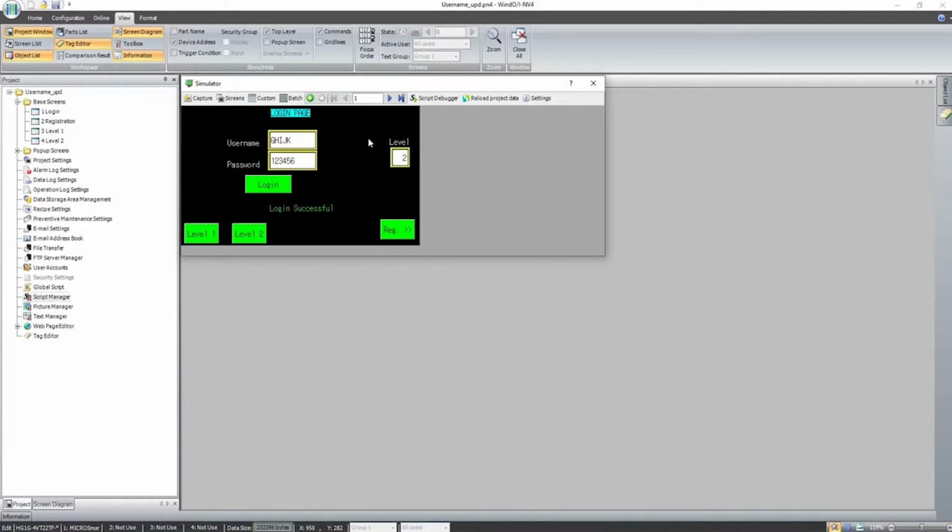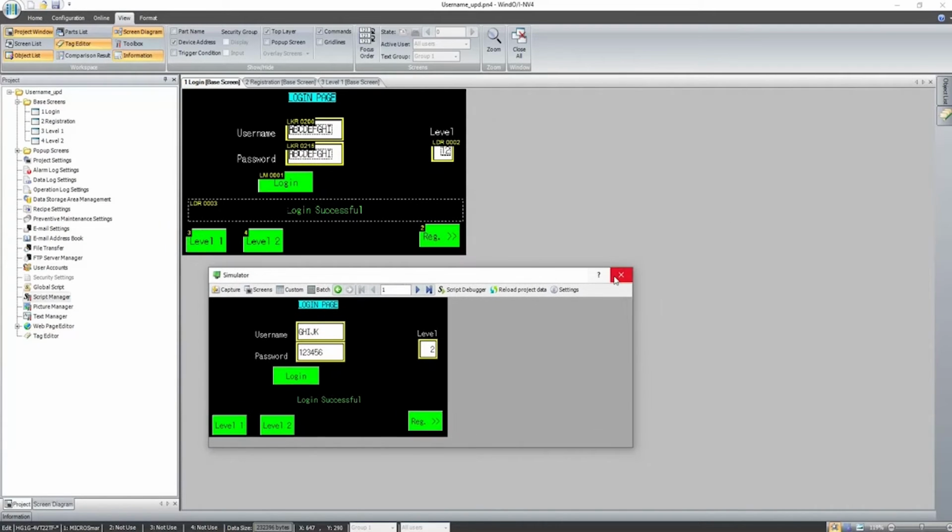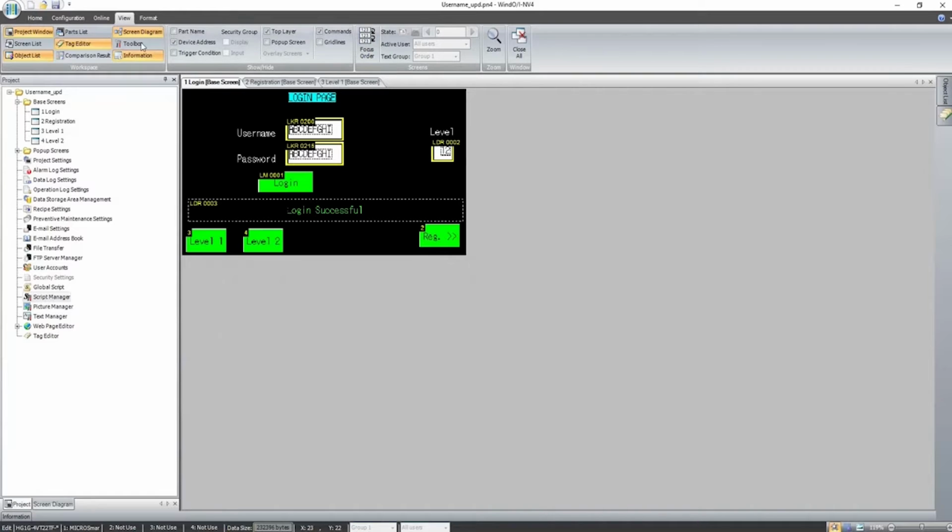For this we are using a script. So let us move on to the designing part. To save time, I have already designed the screen over here. I will explain what devices I've used. Just click on view and part name. I've taken 2 different character inputs for username and password. For login I have used a bit button. Then to show the status, whether login is successful or the username or password is incorrect, I have used a message switch.